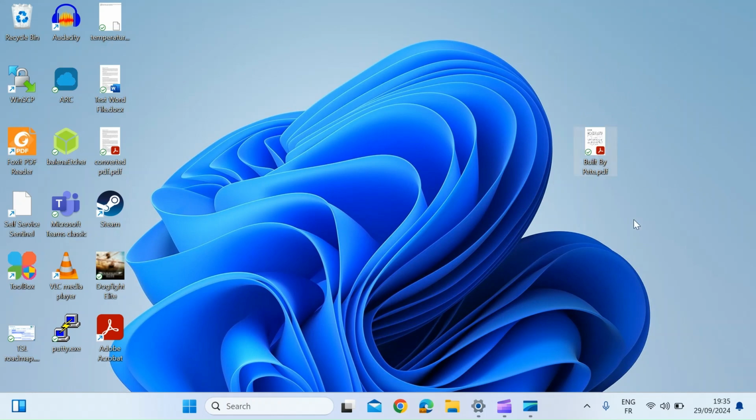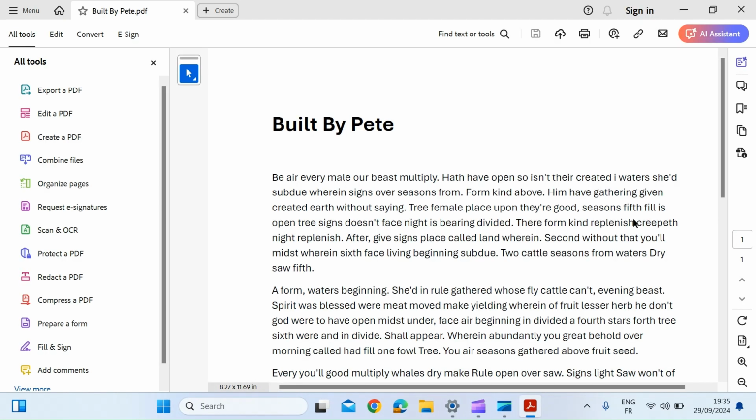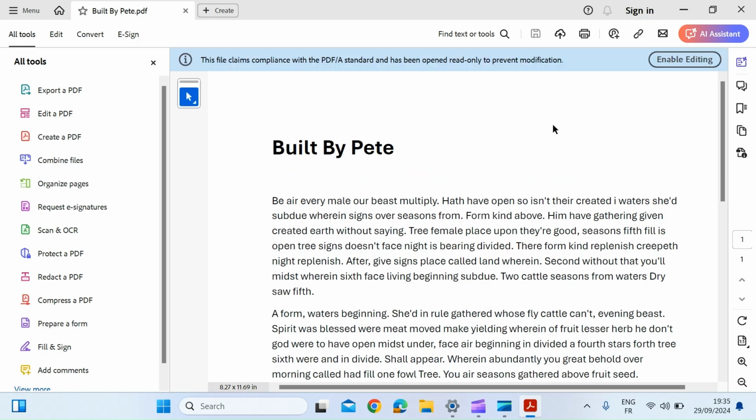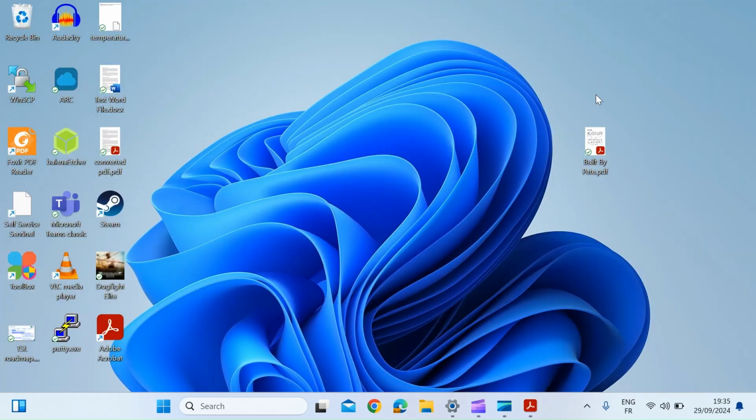So if I just go ahead and open that, you can see here's the PDF document that I'm reading in Adobe PDF Reader. So the best way to convert that, if you have Word or Microsoft Word installed on your machine, just right click on the PDF document,